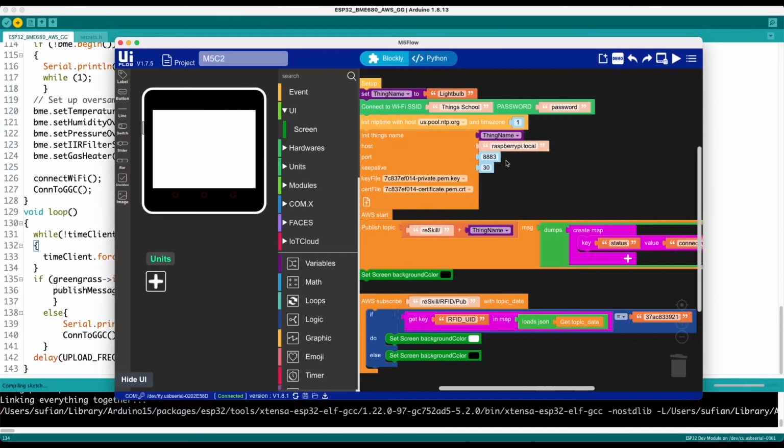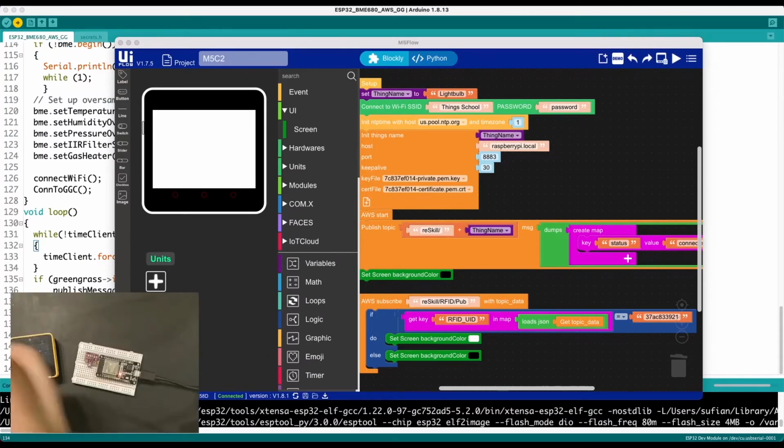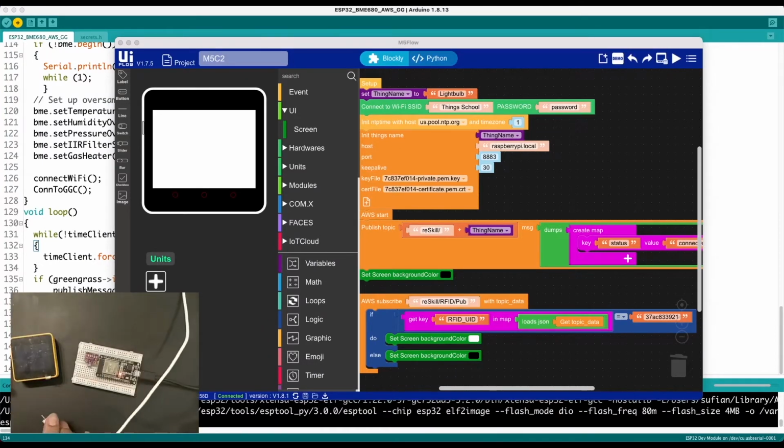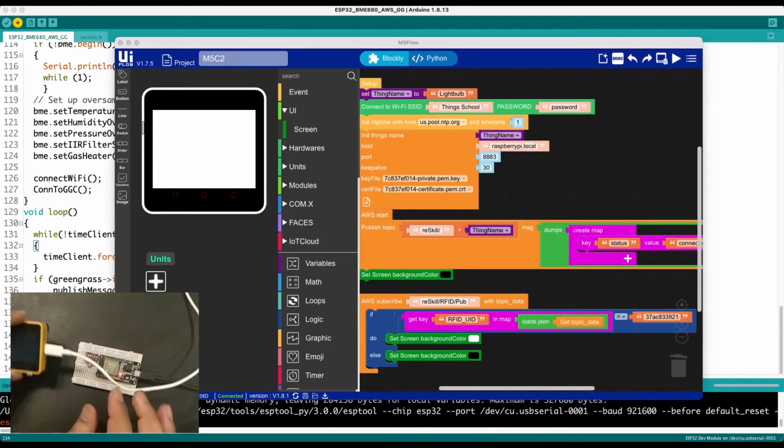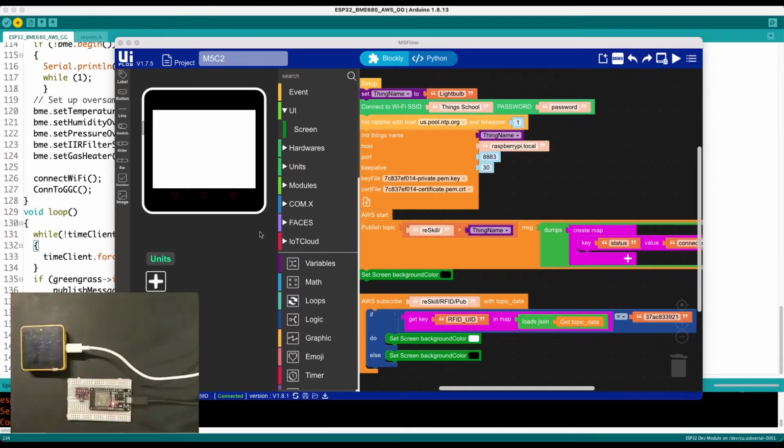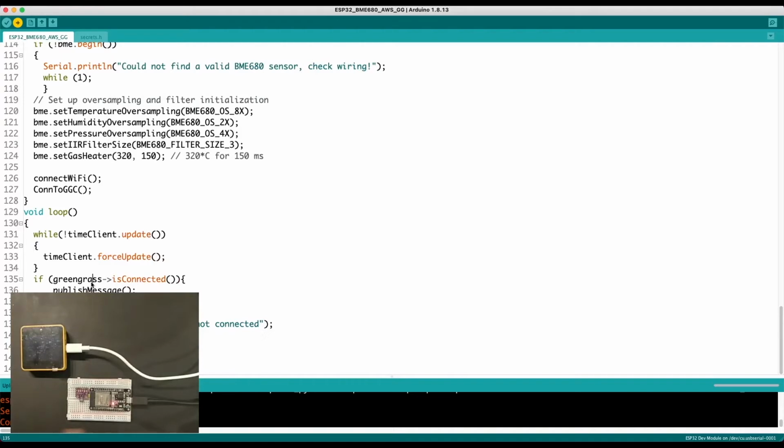Okay, so I have put this as Raspberry Pi local, so I'll connect back my M5 Core 2 device. And since this is also uploading, I will press the button so it gets uploading.